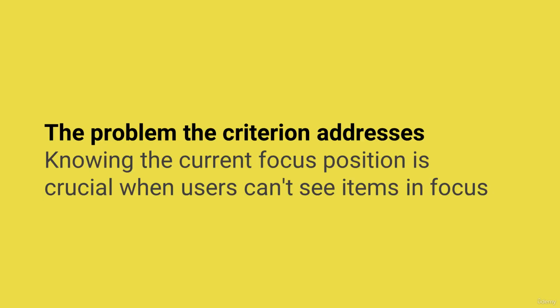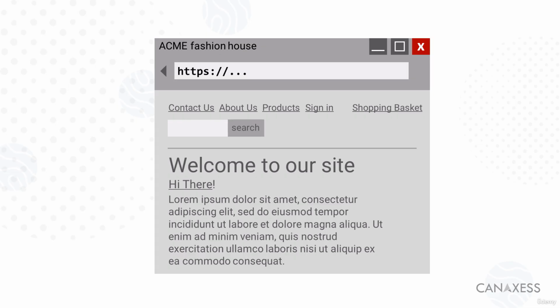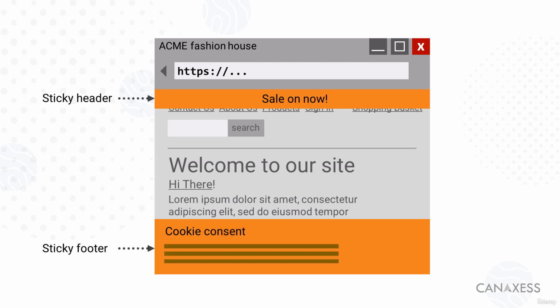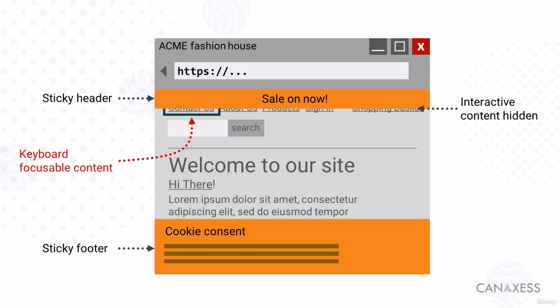Knowing the current focus position is crucial when users can't see items in focus. Without this clear reference, they may not know how to proceed. If sticky headers, footers, or an overlay of some sort is used and these hide keyboard focusable content beneath, this becomes problematic. Whilst the criterion only requires partial visibility of components receiving focus, in other words, interactive components can be